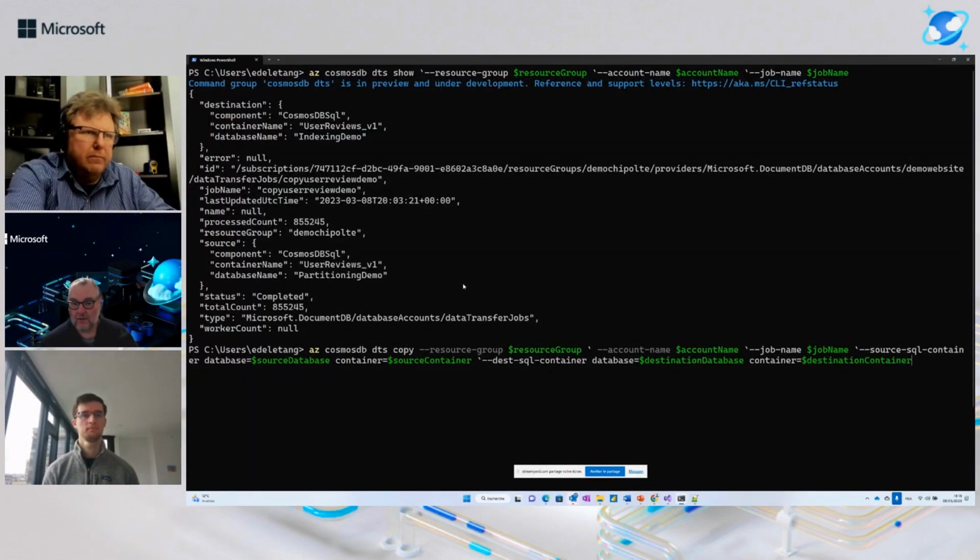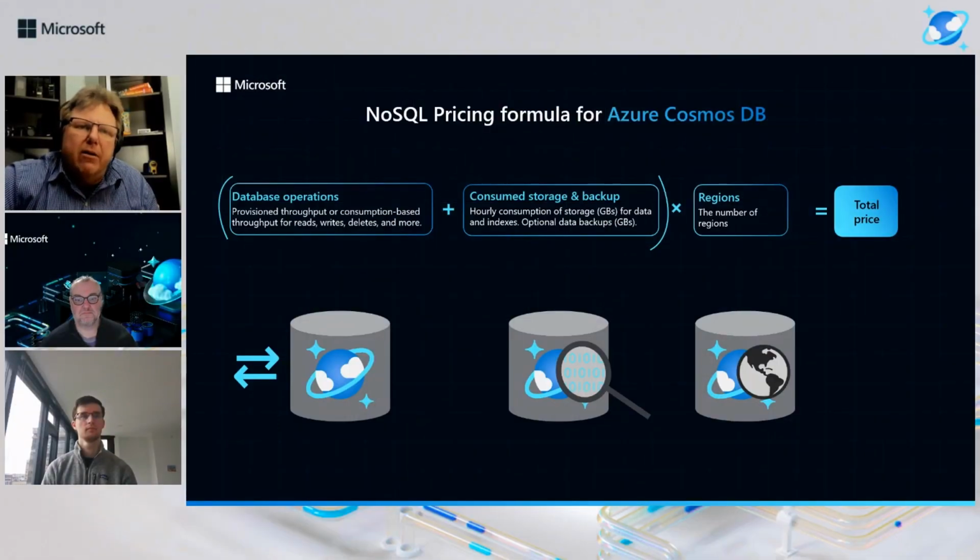So in summary, we hope that in the last couple of minutes, we have provided you with the insights needed to understand what makes up Cosmos DB cost. We had a quick look at the portal and Azure Monitor to help you understand and drill into the characteristics of your Cosmos DB account configuration and your workload that runs on it, looking for those most obvious opportunities to save costs.